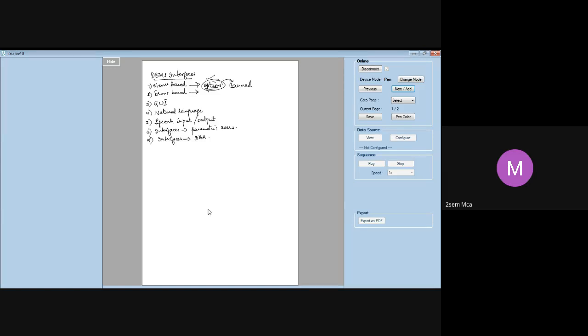Many DBMS will also have form specification languages. For example, we have SQL*Forms. That's a form-based language using which you can specify the query using a form. It is designed in connection with your database schema. There is also something called Oracle Forms. So all these are different types of interfaces which you can use in order to provide your query, right?